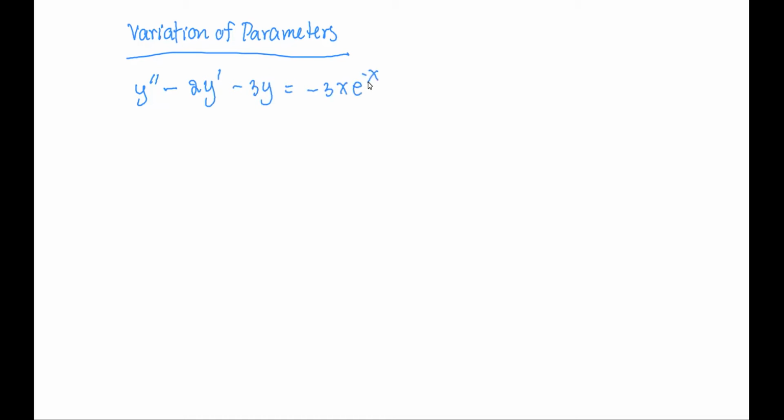This example can also be done using undetermined coefficients. As you see, g of x is an algebraic or polynomial function, and also an exponential, which is a product of those two types. So it can be done two different ways, but in both ways you have to find the complementary solution yc